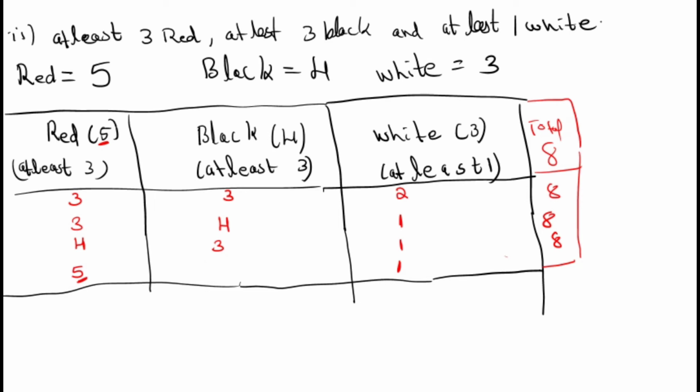Okay, suppose here you are taking 4 black balls, also 4 red balls, and what about the white ball? It's equal to 0, right? Because we required a total of 8. 4 plus 4 equals 8. But here the condition is you need to take at least 1 white ball. So this condition is also not possible. So the only possibilities are: 3 red, 4 black, 1 white; and 4 red, 3 black, 1 white. Then only is it possible to get the required condition.